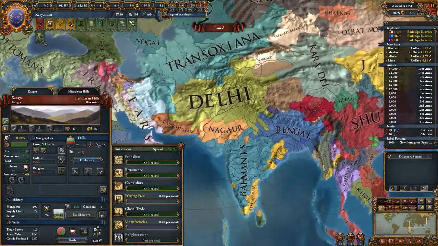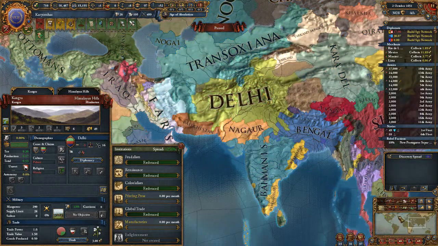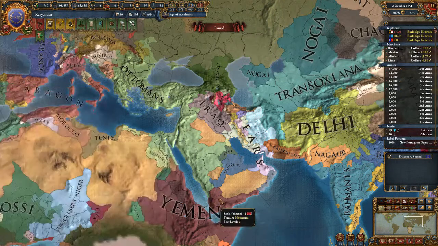Delhi could form the Mughals if they do a culture shift, or I could see what they have statified. I'll be able to know that. I know they full court all of that, so their culture, so we won't have the right promoted culture to form Mughals. Let's see, okay, Ottomans is finishing off the Mamluks, Yemen is continuing to expand, but Yemen will be busy